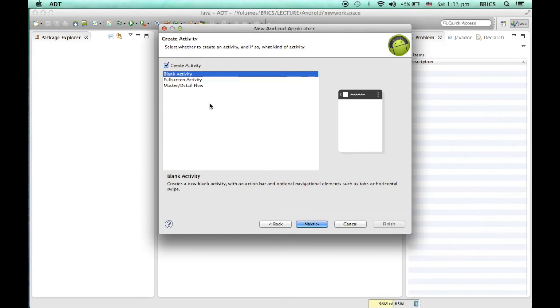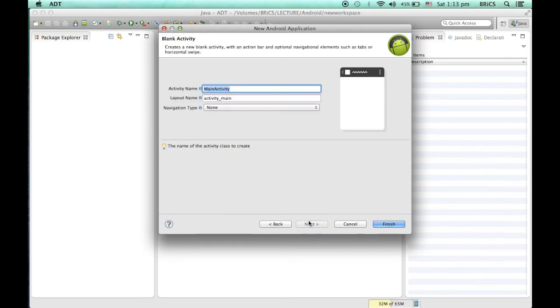Again you need to select which type of activity you want to create. Actually the word activity is used to represent the Java file which is running. So go to next. It will ask for a name for the Java file and a name for the XML file, which is a layout thing. So just leave it as it is and click on the finish button.